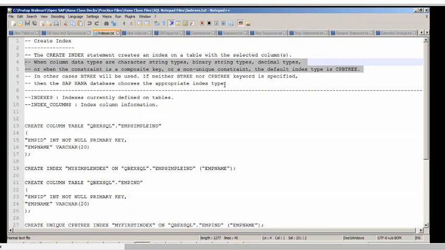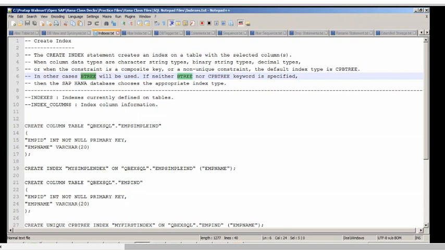If you don't specify what type of index you want, the system will decide based on the data type. A varchar data type goes with CBP tree, and in the other case, it goes with B tree. But when you are creating an index, you can explicitly say what index you want: B tree or CBP tree, you can specify all this. If you just say create index, it can create either a B tree or a CPB tree depending on the data type of the column.